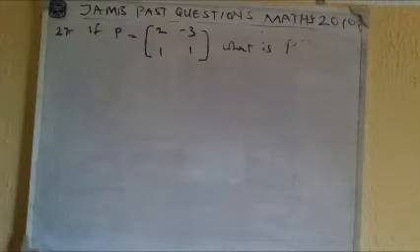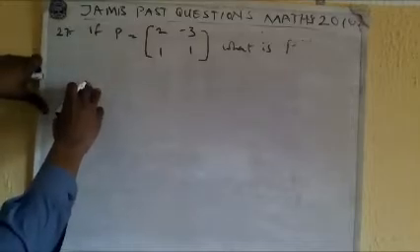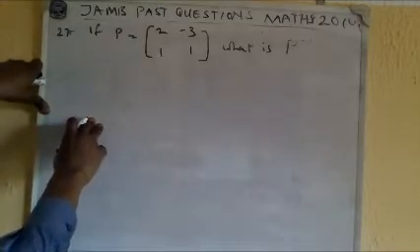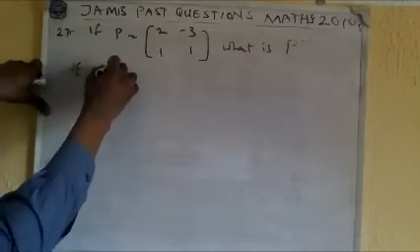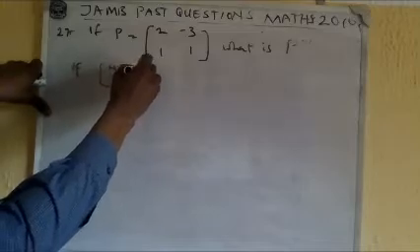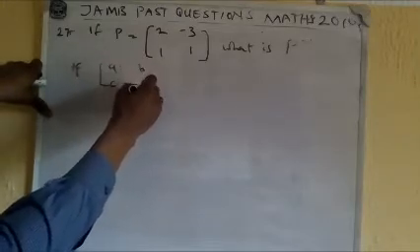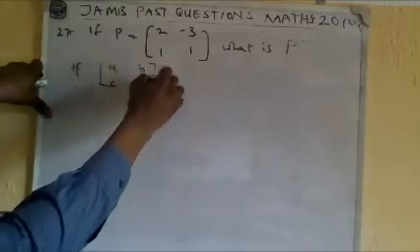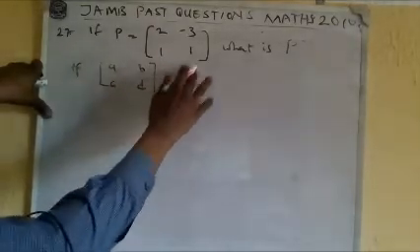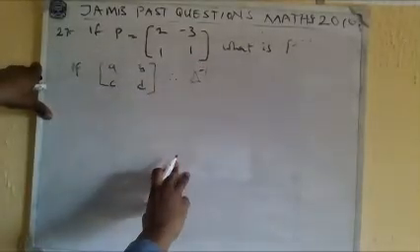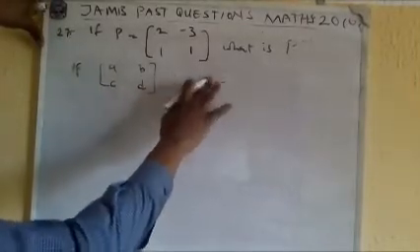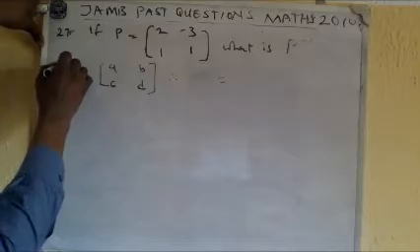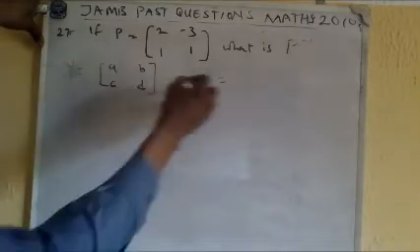Okay, so for matrices, the inverse of a matrix is given like this. If you have a matrix, let's say A, B, C, D, therefore its inverse is given as this matrix. Let's say we define it as Y. So Y inverse is given as